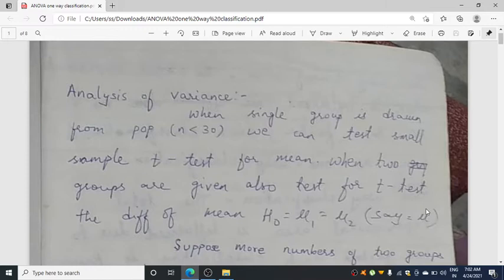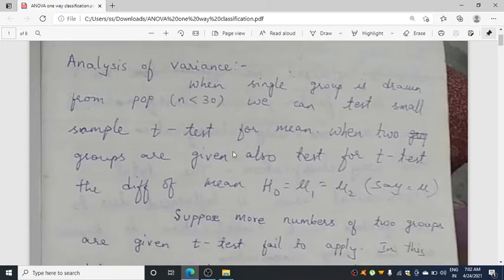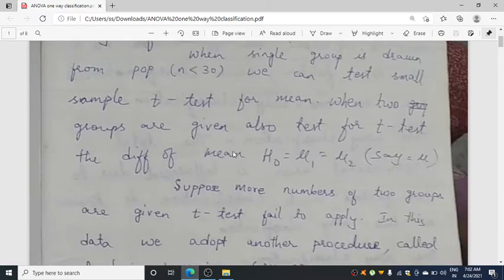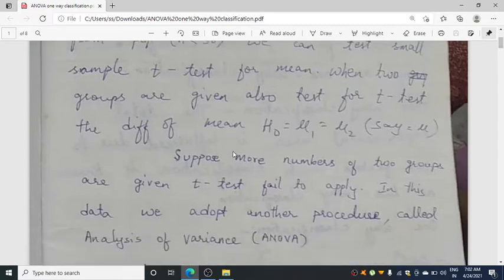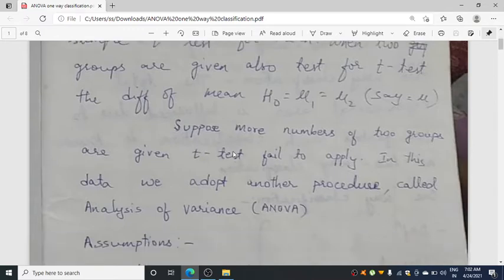When a group is drawn from a population, suppose small n is less than 30, we can test the small sample. Less than 30 means small sample, remember? So we can go for a t-test for mean or a t-test for difference of means. If it is a single mean, you get one mean. If it is a difference of means, you get two means. So if there is a situation with more than two means, we go for analysis of